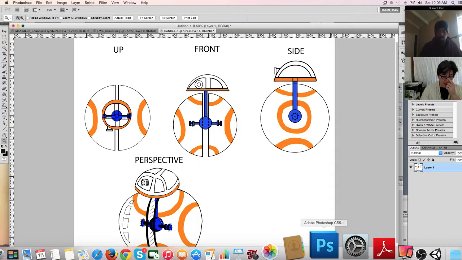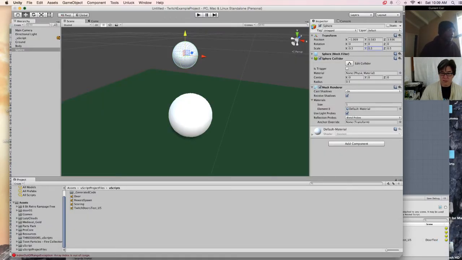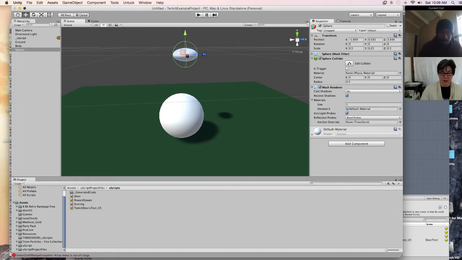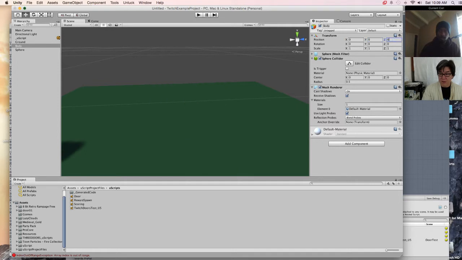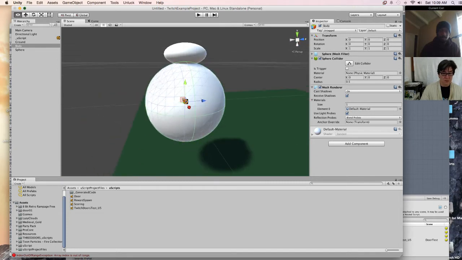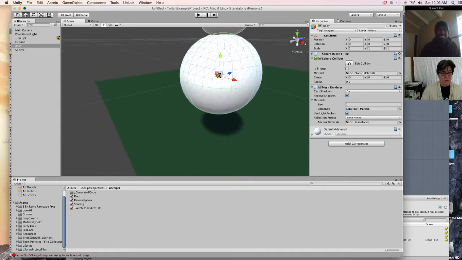It's not exactly a hemisphere, right? It's a little squishy. It's a little squashed. Let me take a look at him again. Yeah, it's a little squashed. So let's do this for now, because what I'm concerned with right now is functionality, right? So let's do the functionality first, and we'll come back and clean up the head and the body once we start putting maps on it. There we go. So we're pretty close right off the bat. Not too shabby. That's something you can work with. Yep, we can absolutely start working with this.